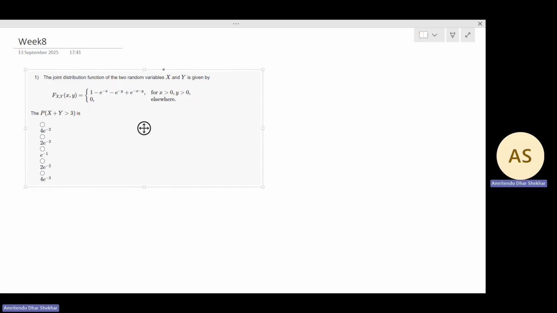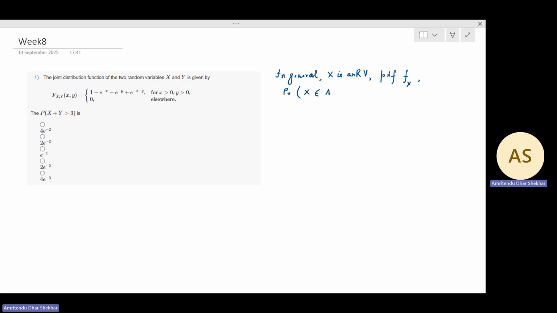So let us just write in general, if there's a single random variable, let's call that x, and we know the density function of x with a PDF of f of x,